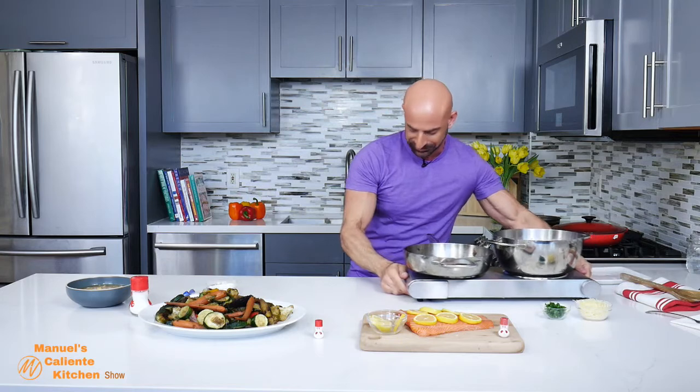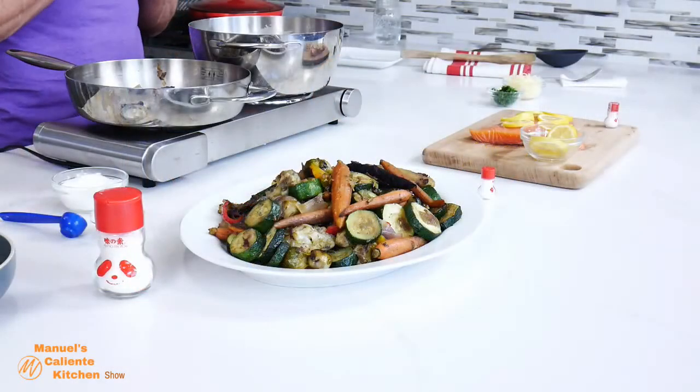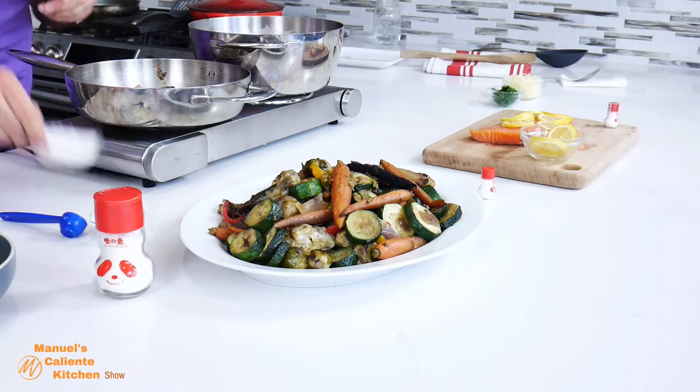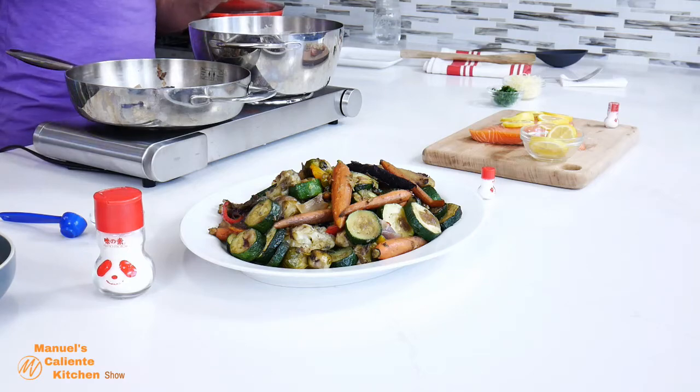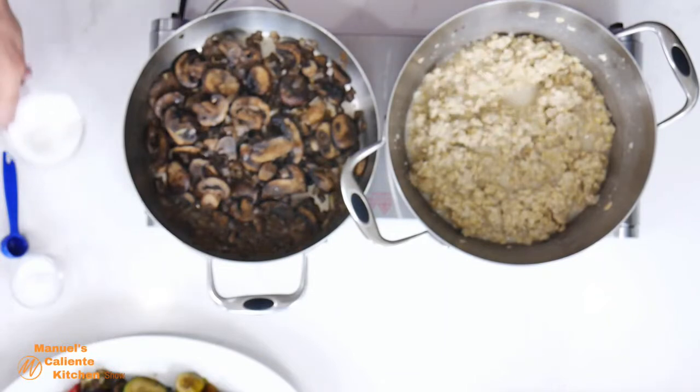I'm gonna move this here. So this caliente recipe is actually, I will say, thinking outside the bowl. I like to use savory dishes, especially for breakfast. And I have oatmeal here. So normally in oatmeal, you add salt for flavor. So in this case, I'm gonna add MSG as well, because it will enhance the flavor of this savory dish by